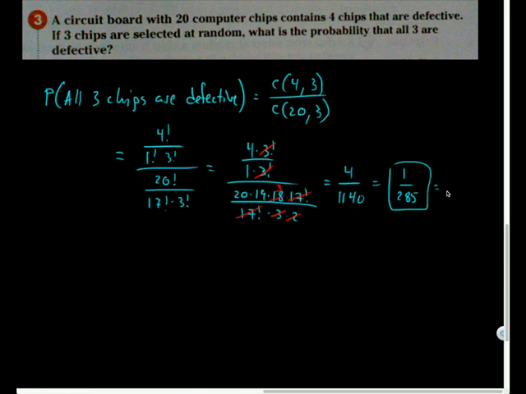And if I wanted a percentage, 0.0035 is the decimal. So 0.35% chance of this occurring, right? So it's unlikely that I would happen to choose all 3 defective chips. And this type of question actually is a huge deal in the real world. Quality assurance is a means of testing the reliability of your product going out, and they typically won't test every single product that leaves a factory because that's a lot of man hours to hire people to test every single product.